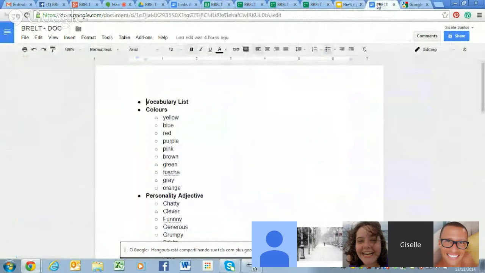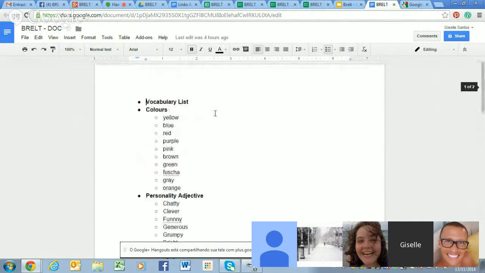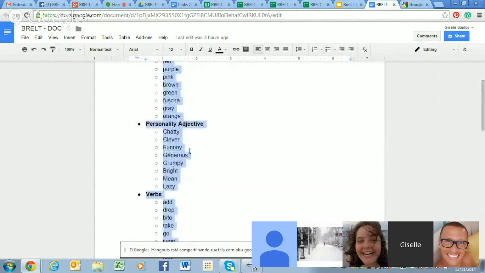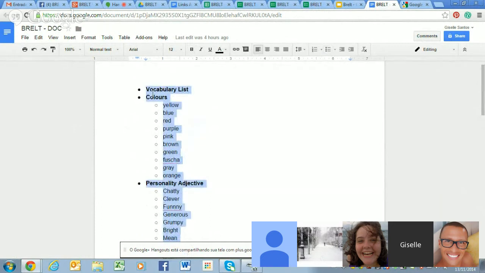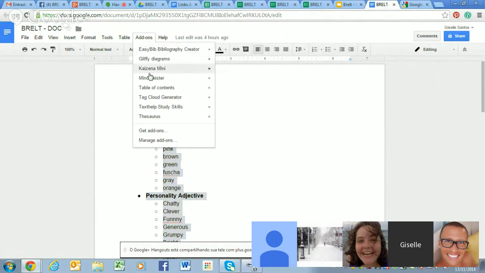Another add-on I would like to share is for your regular Google Docs, right? Sometimes you ask students to work collaboratively on a vocabulary list, for example. So here I have a vocabulary list, bullet points, nothing special about it. What I do is just select my list. See, I have headings here for verbs, adjectives, colors. Go to add-ons. Here I have an add-on called Mindmeister. And what it will do,